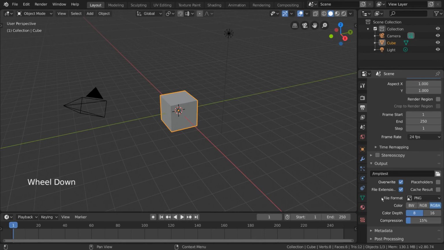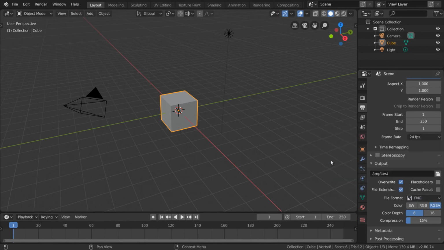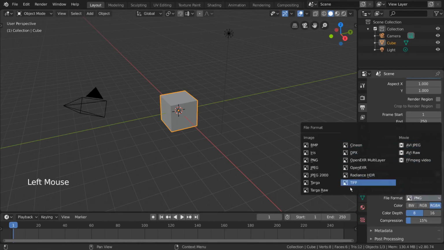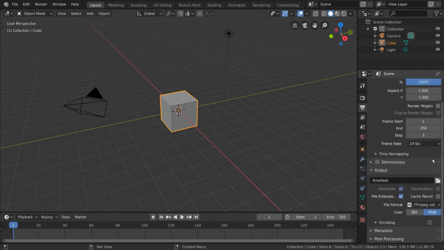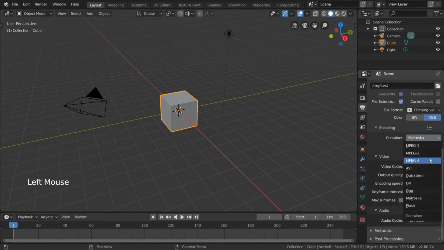Next, you have your file format. This should be familiar territory if you've ever worked with images or videos before. PNG is a great image file format to use, and your render will output each frame as a separate PNG file on your hard drive. Feel free to use any of the other file format options Blender has available. If you choose a movie file, you'll have an additional section called Encoding that has settings you should tweak. For starters, your actual file extension will be specified by the container value. Also, to make sure you include any existing audio in your render, make sure to select an audio codec from